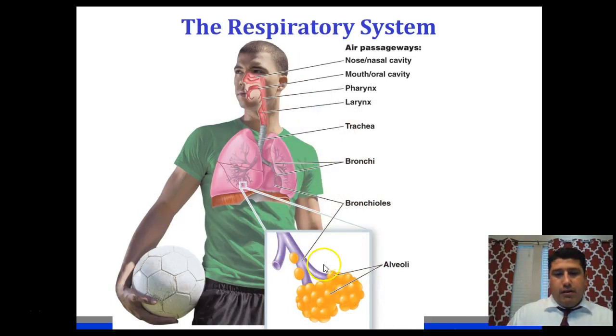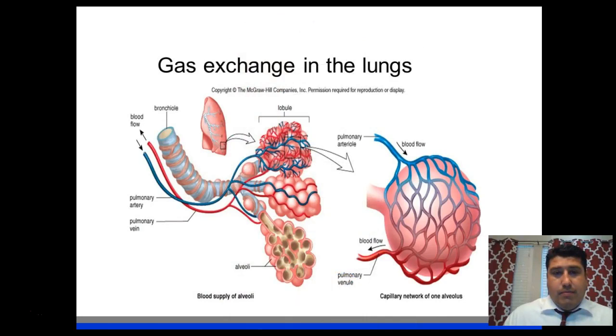When the deoxygenated blood from the right ventricle arrives at the lungs, this is where it receives the oxygen that we just breathed in. Every breath we take, we breathe in oxygen, and the blue tube here is the pulmonary artery. In this case, this is an artery carrying deoxygenated blood away from the heart. Eventually, it breaks into the arterioles and then eventually the capillaries, just like in the muscles.